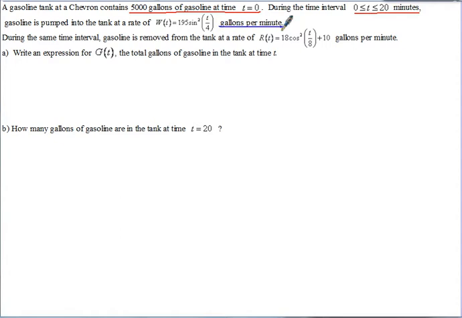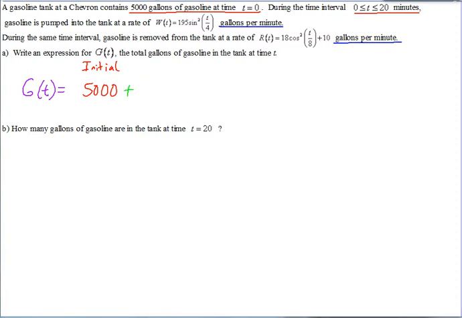And during the same time interval, gasoline is removed from the tank at a rate of R(t) gallons per minute. So part A says write an expression G(t) for the total gallons of gasoline in the tank at time t. So for G(t), we need to account for the initial amount of gasoline that was in there, which was 5,000 gallons,